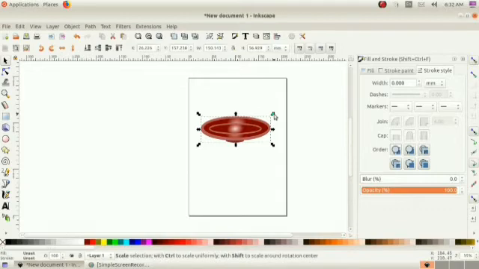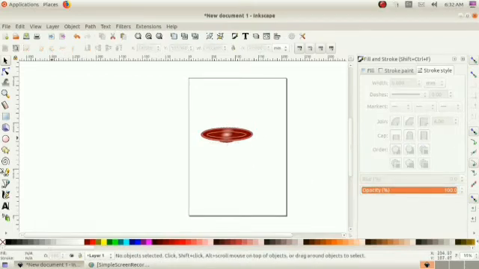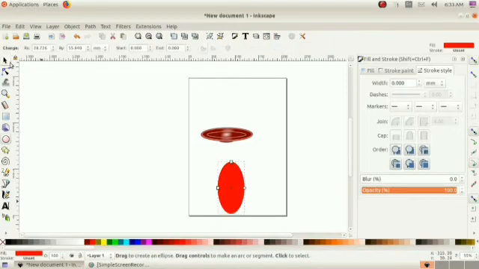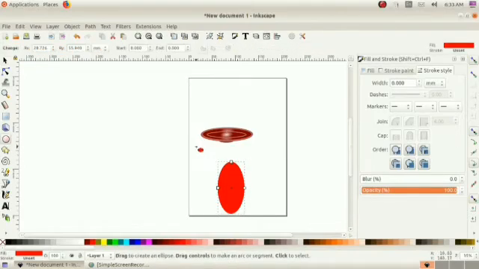Next, I am going to draw the cup. To draw the cup, I am drawing an oval. Here we have to learn a new command. That is why I am using another circle here.